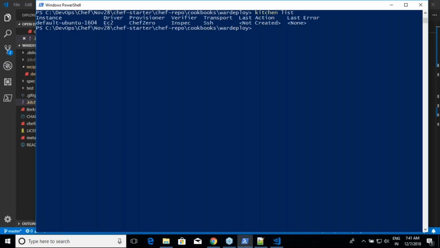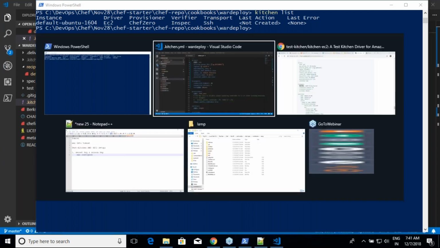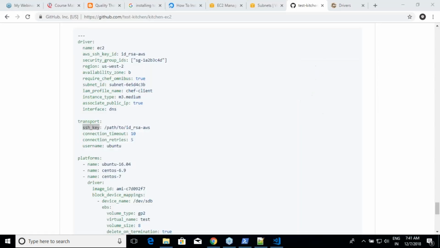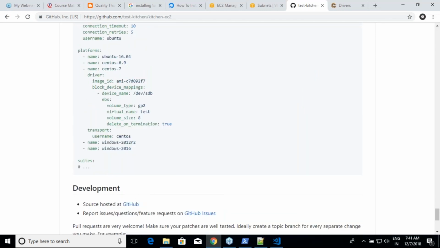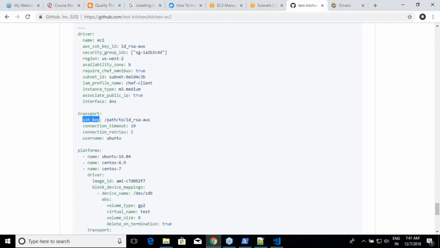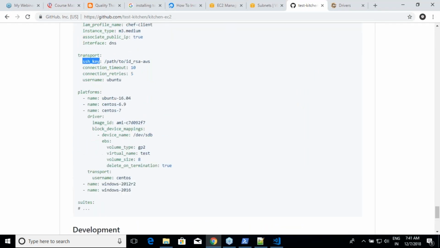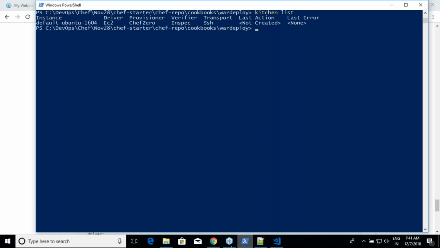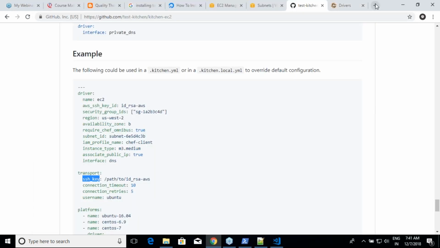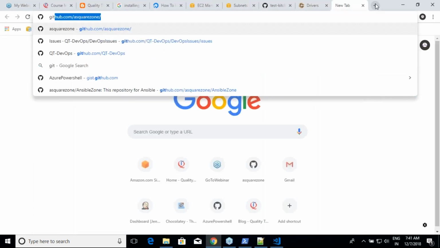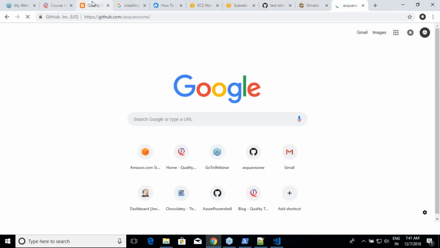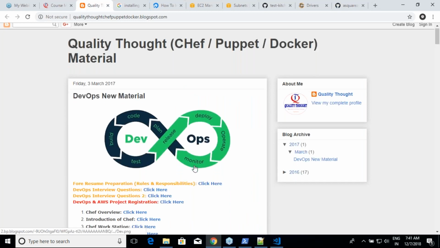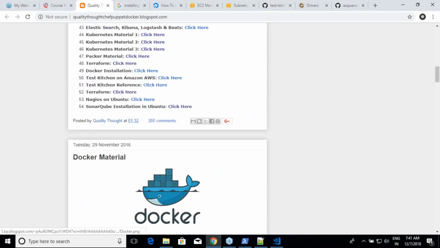One thing I think will change. In the last class, we tried Chef Zero. Let us see if we can use Chef Solo here by any chance. I think we have a previous example where we used Chef Solo. Let me go to it. Or there is some documentation which we have prepared.